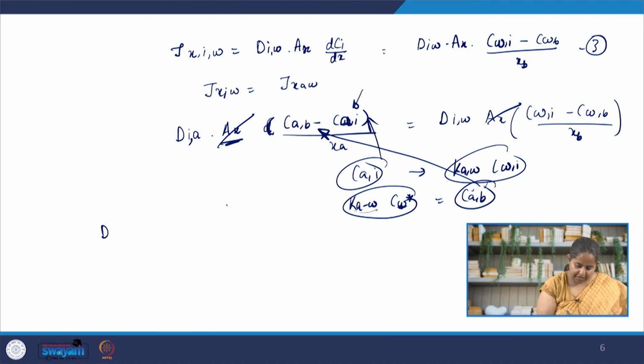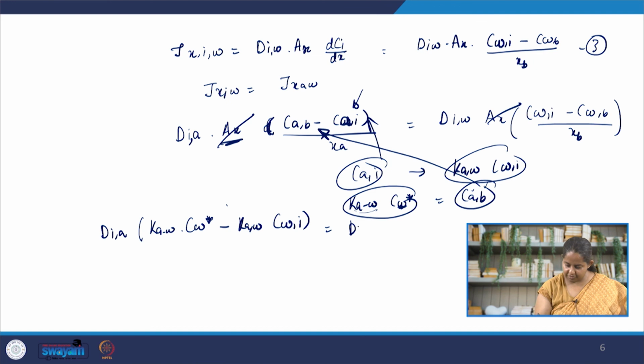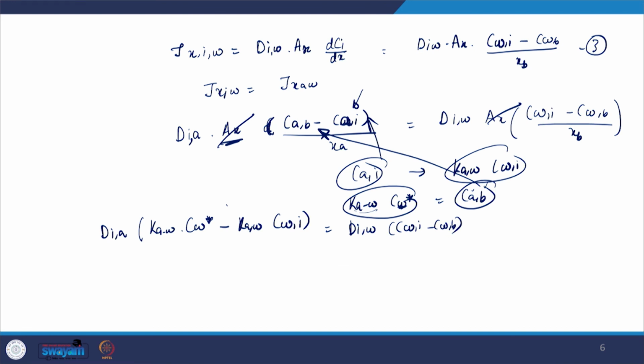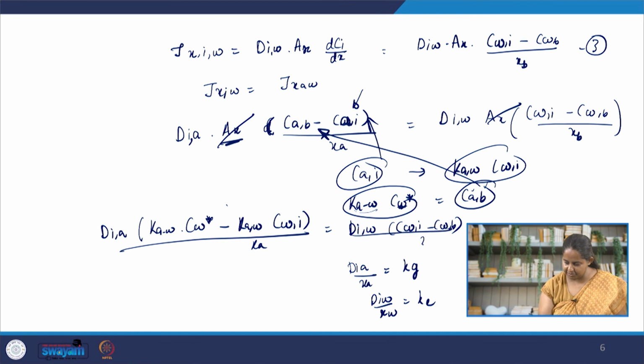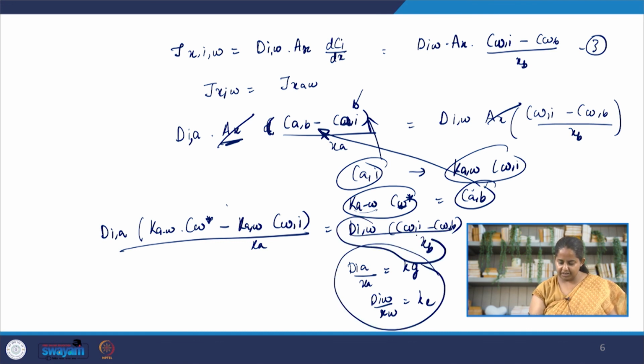So now what we get is DIA KAW into CW star minus KAW CWI is equal to RHS. So one thing we can do is introduce other constants to reduce the number of constants that we have here. We can say that DIA by XA is equal to Kg, which is the constant in the gaseous phase. DIW by XW is equal to KL, which is the constant in the liquid phase. One thing that I forgot to write here is that this is divided by XA and this is divided by XB. Okay, when we make these two new substitutions,